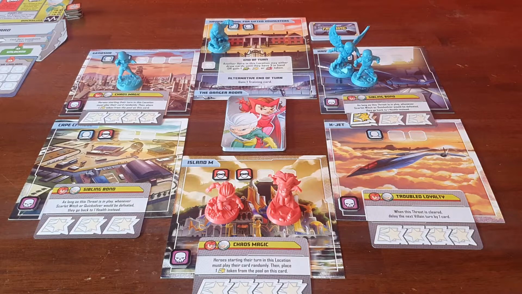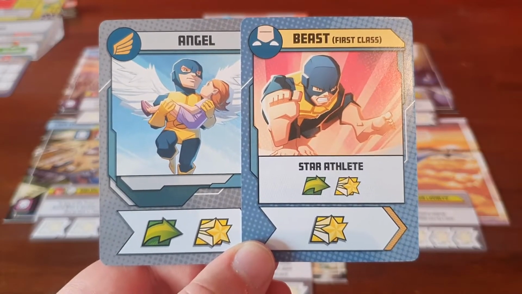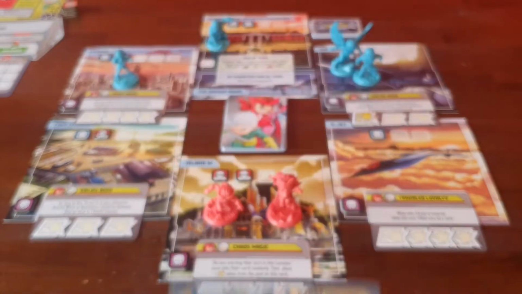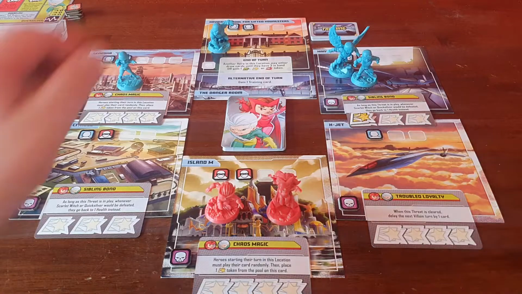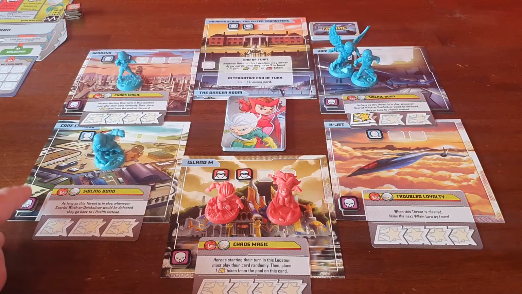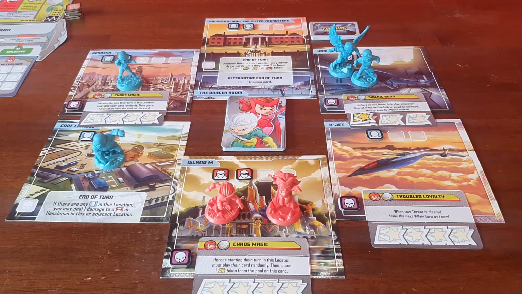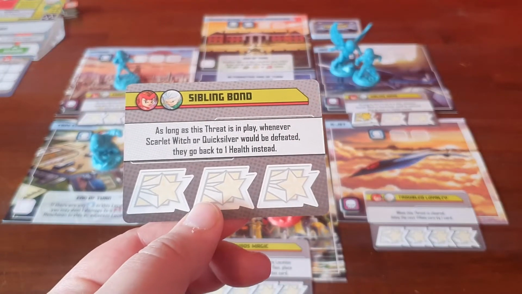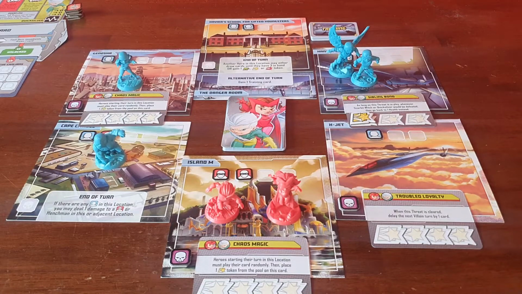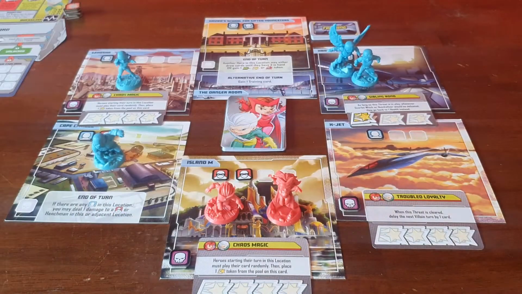And the other end of turn effect is another hero in this location may either draw cards until they have 3 in hand or gain 1 move, heroic or punch token. So Beast, well, he's going to play his star athlete card, and so he gets 2 moves and 3 heroic actions, and I know exactly what I'm going to do. He's going to move 2 down to there. And then he's going to clear the sibling bond threat, because as long as this threat is in play, whenever Scarlet Witch or Quicksilver is defeated, they'll go back to 1 health. So we need to basically get rid of that, and there's another one just there, so we can actually